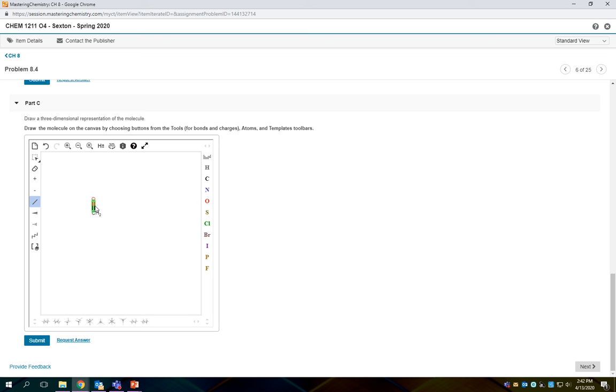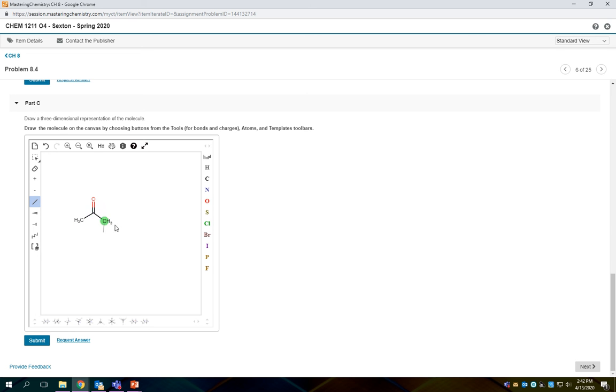If we needed to do this with a triple bond, we could simply click again and it would give us a triple bond. And if you click again after that, it should cycle back to a single bond. Alright, so that's our carbon-oxygen double bond. Let's go ahead and draw in the actual two